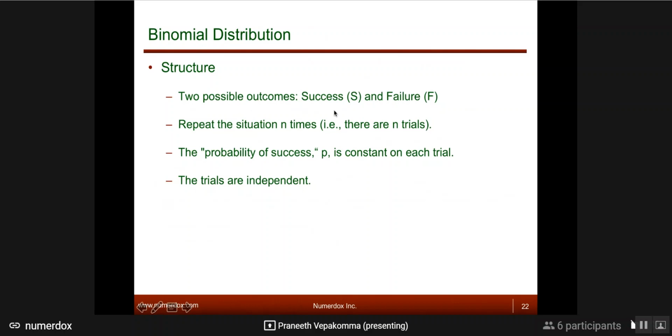Your possible outcomes are a success or a fail. So it's a discrete distribution. There are only two kinds of outcome that you're trying to measure, and you want to know the probability of success, and then the probability of failure will be 1 minus the probability of success. This is a notation commonly used. For the probability of success for that distribution, they use P to denote it. So the probability of failure could be Q, which is 1 minus P.